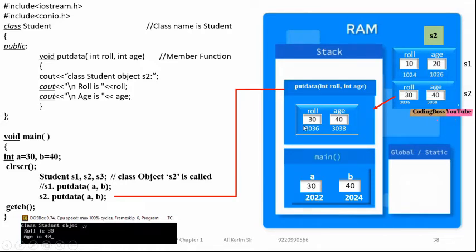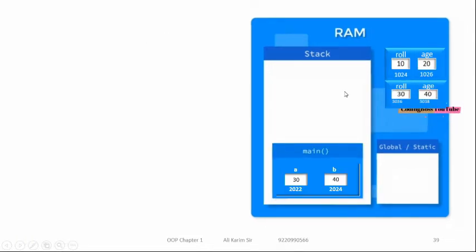This 30 value is passed to this memory location, and where 20 was written previously, now 40 is available, and this 40 is passed to age. Okay, if the work of this put data function is over, then it is going to be released from this stack memory. See, it is no longer available.